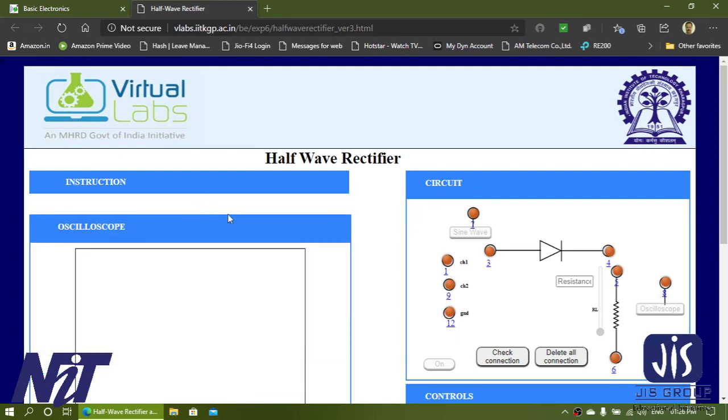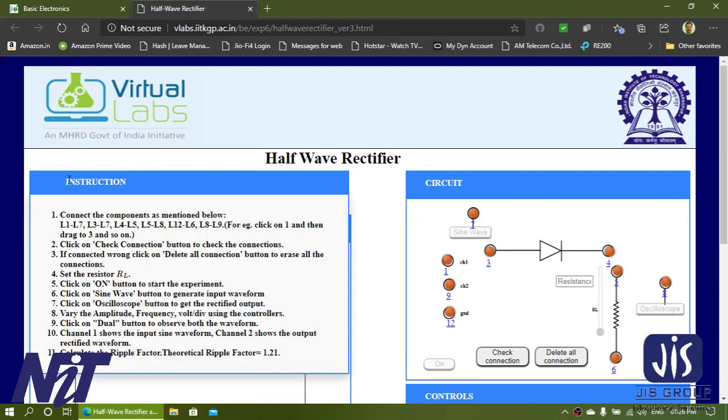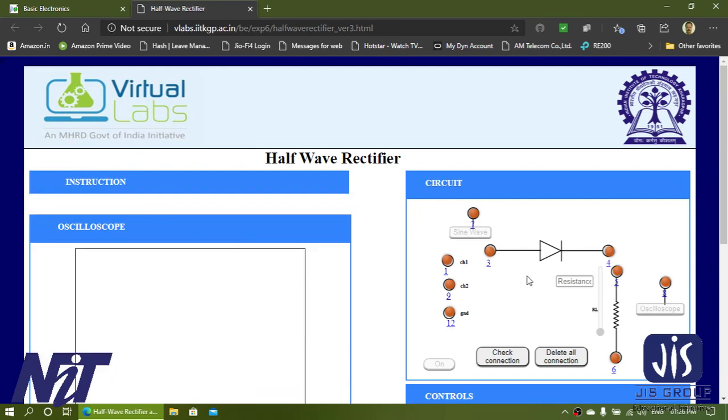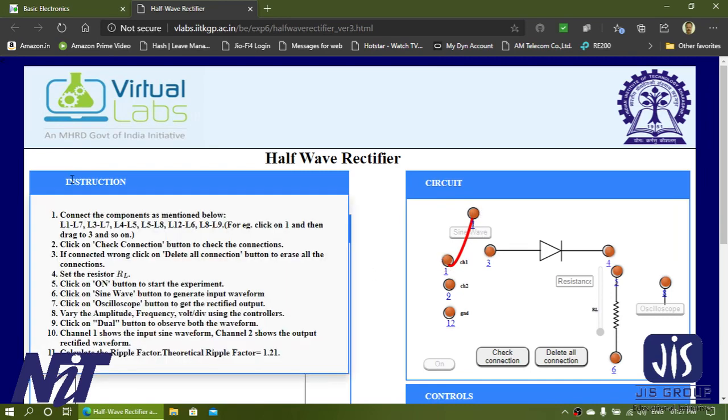Do it that way. First L1 to L7. This is your L1 and this is your L7. I think this is the CRO input terminal and this is your function generator terminal. So first you take your input signal directly into the CRO,